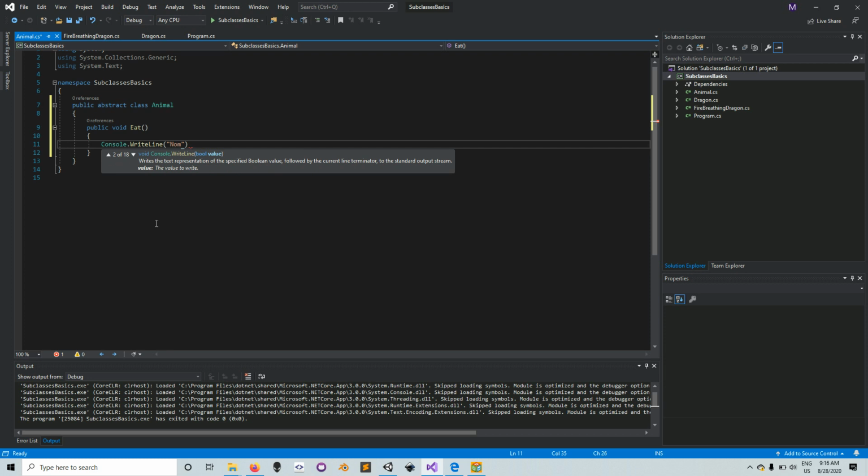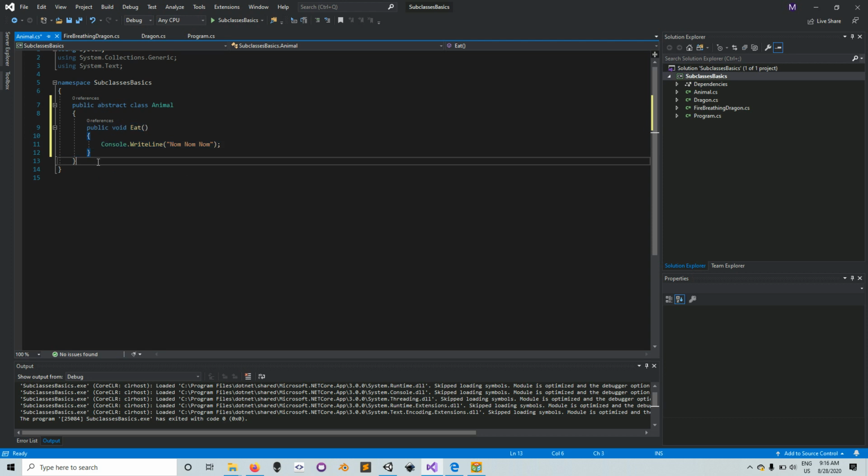It's going to go nom nom nom. Okay, so nom nom nom. Okay, so that's for this method. Okay, now before I create the other method, I want us to create three different classes that are subclasses of